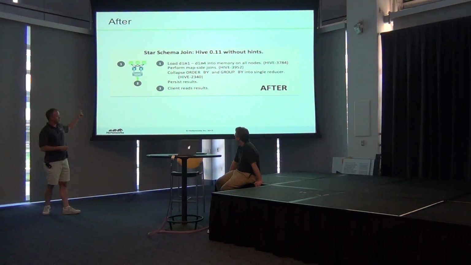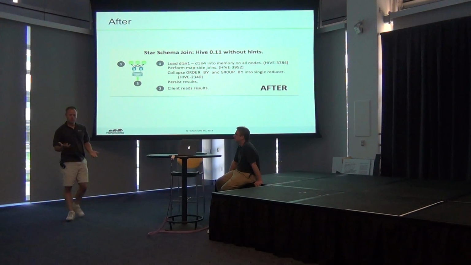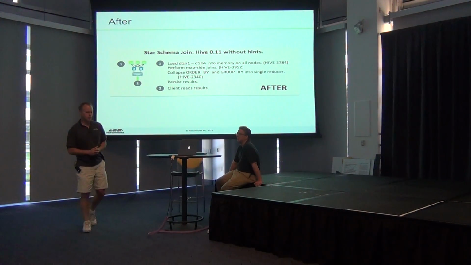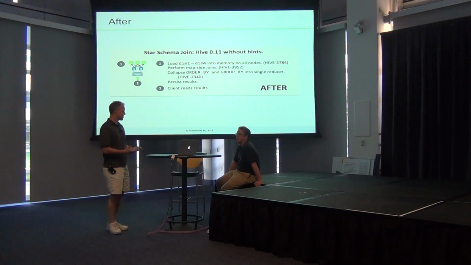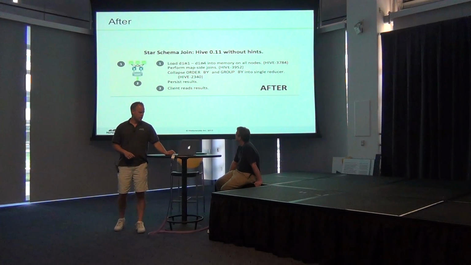And then it goes ahead and does the group by via the shuffle and the reducer. And finally, it doesn't even need to order because the order and group are on the same key, moving it up. So that's how we're pushing it from 600 seconds to 40 there. And that's just those changes.